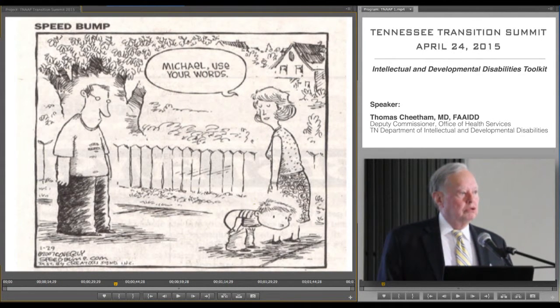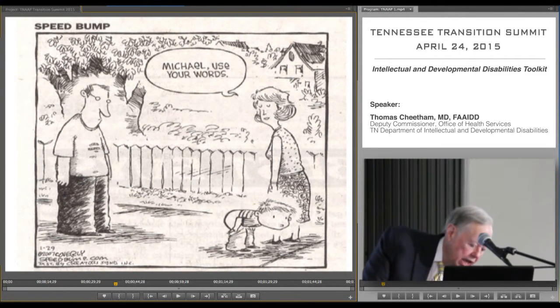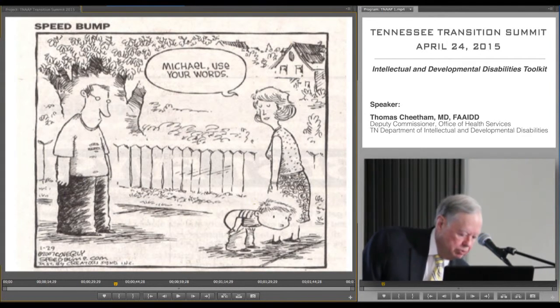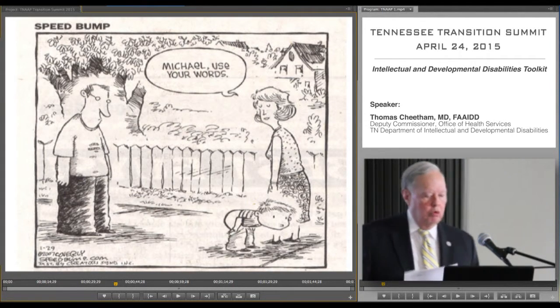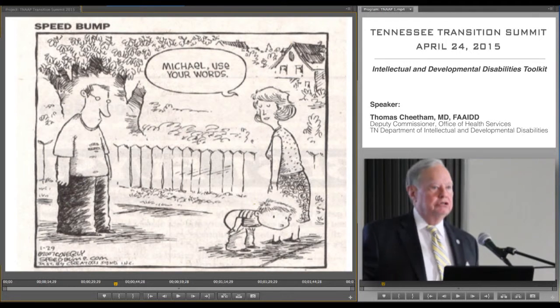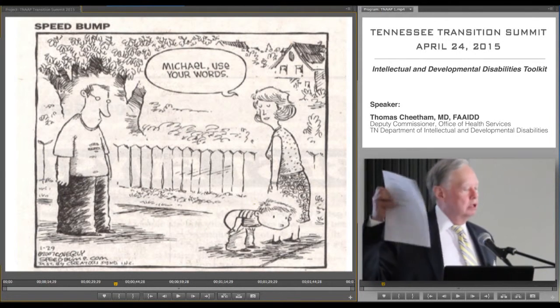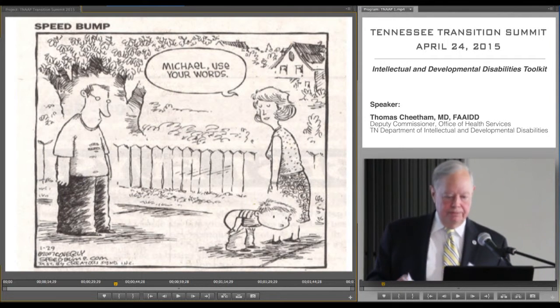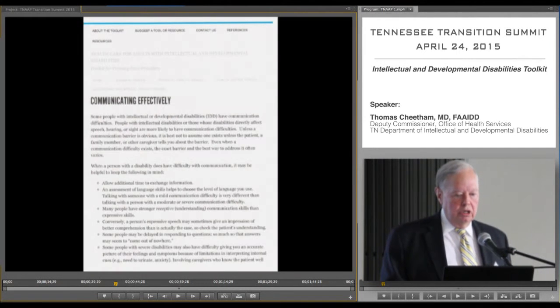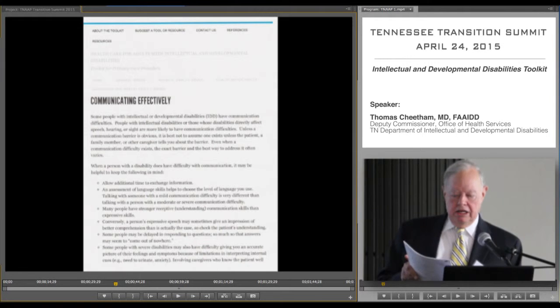So I want to talk about some of the tools. The first one I want to talk about is communication. And these did not reproduce well, so what you have is a second handout with, in the upper right-hand corner, hand-numbered pages. And so I want to just show you some of this. So